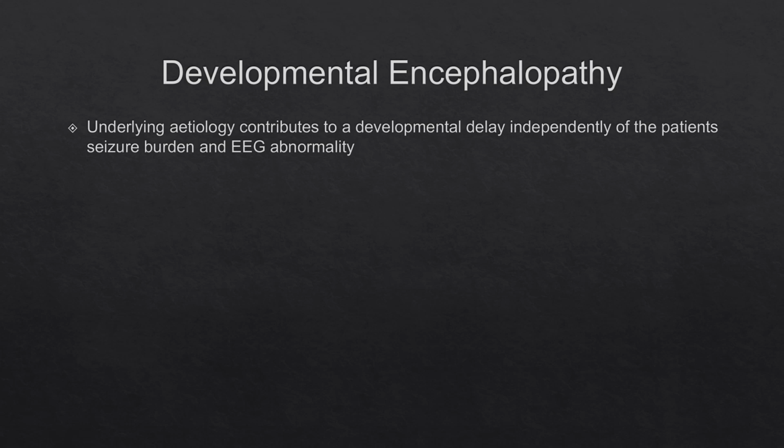For example, a child is having mild developmental delay. The developmental quotient might be around 75 to 80%, but the seizures might be very severe. That means the child is having recurrent refractory seizures all throughout the day. That means the developmental delay is mild but the seizure is very severe. So the developmental delay and seizure burden are not related to each other. So that is called developmental encephalopathy.